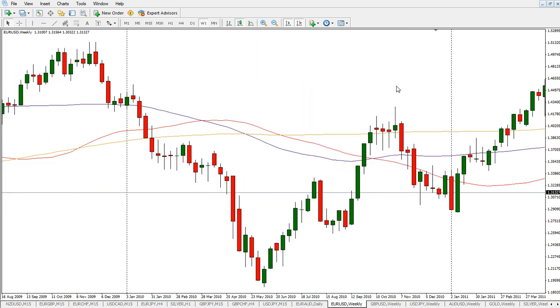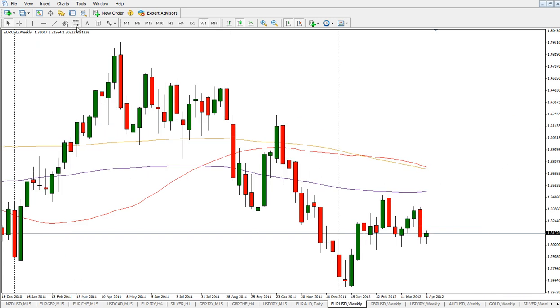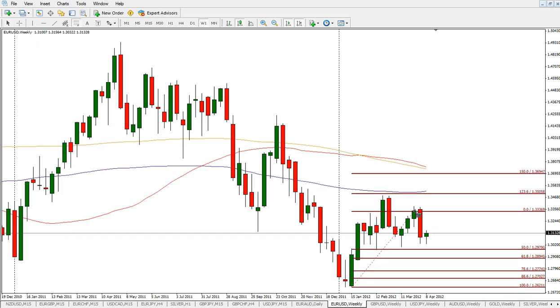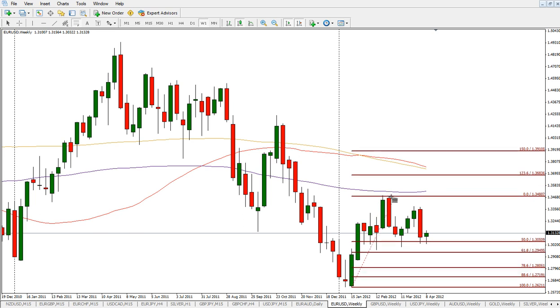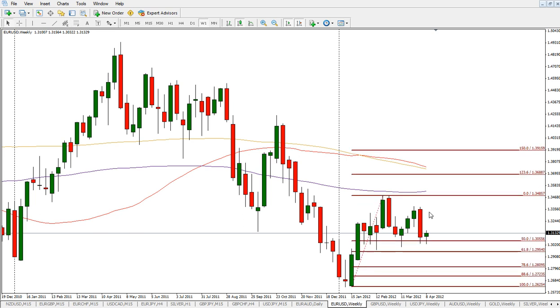First of all, let's have a little look at last week's weekly candle, and also I'll draw this recent fib move which we've been speaking about for the last few weeks now. As you can see, last week's candle was quite a bearish candle, but we did say in last week's video that after 3 consecutive weekly gains, the odds are for some sort of retracement. It could have kept on going up, but the likelihood is that we'll get some sort of retracement, and we did get a retracement, but surprise, surprise, it came down and it pierced below this 50% Fibonacci retracement